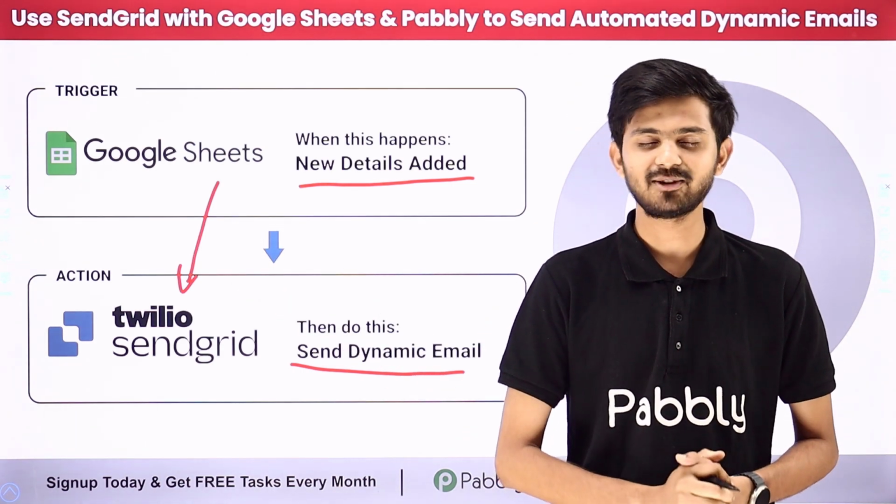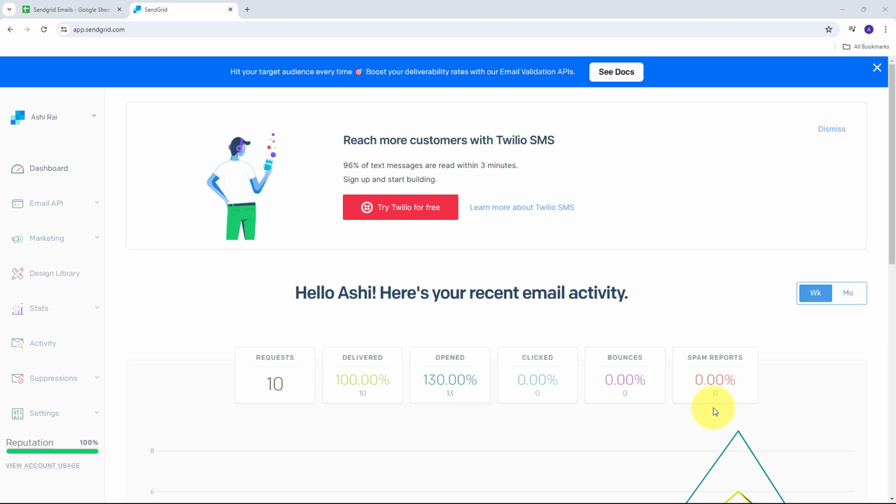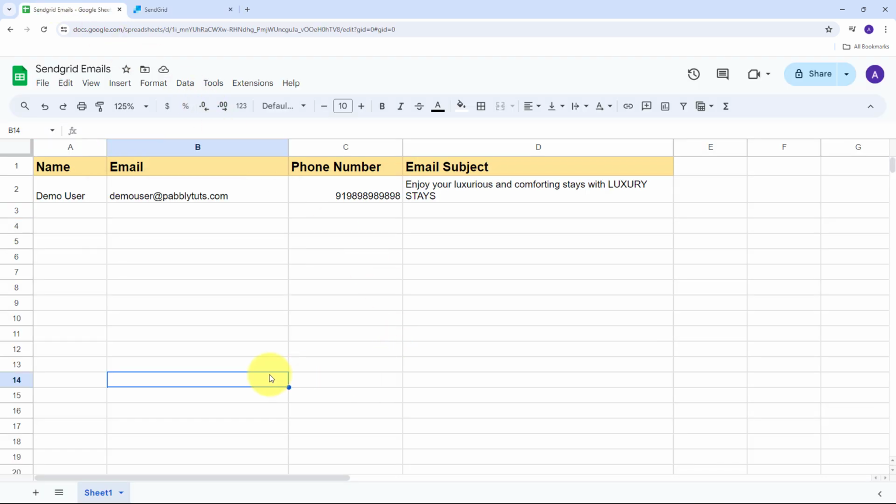For that, let me take you to my computer screen. I hope you can all see my computer screen. And today we are going to see how we can use SendGrid with Google Sheets and Pabbly to automatically